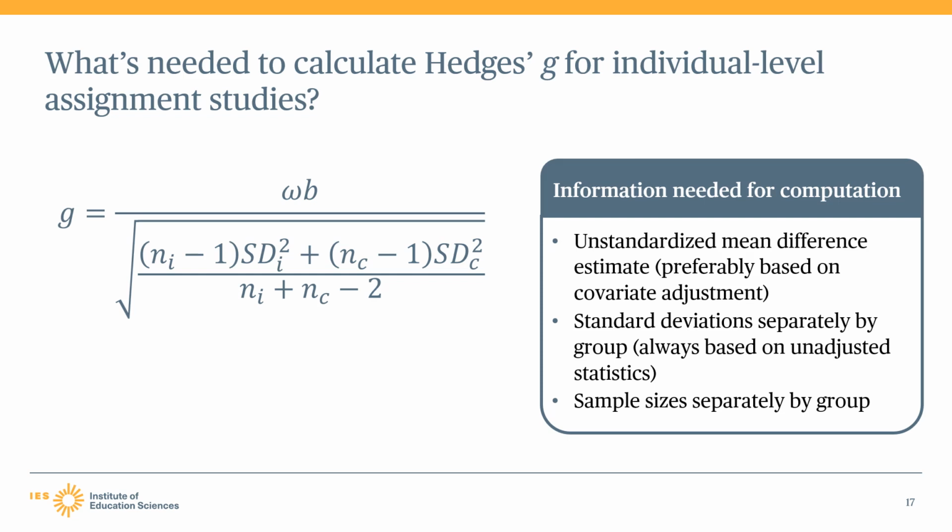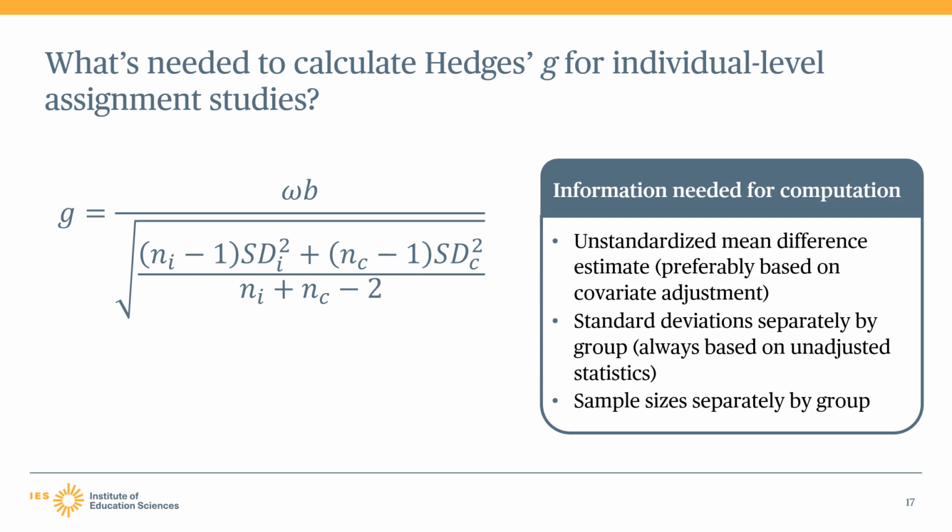As we have discussed, covariate-adjusted estimates often are more precise and have less bias than unadjusted mean differences. In practice, these covariate-adjusted estimates are likely to be an estimate from a statistical model, such as a regression or